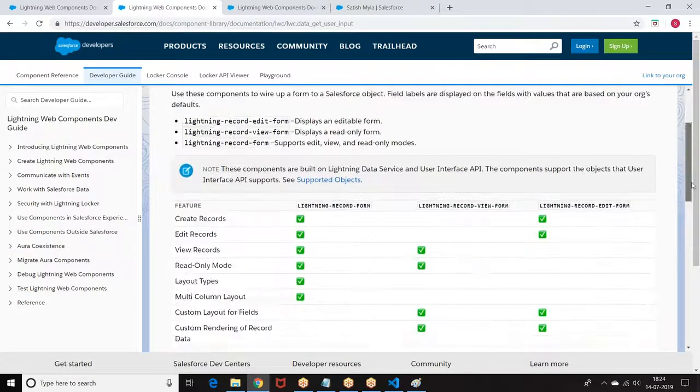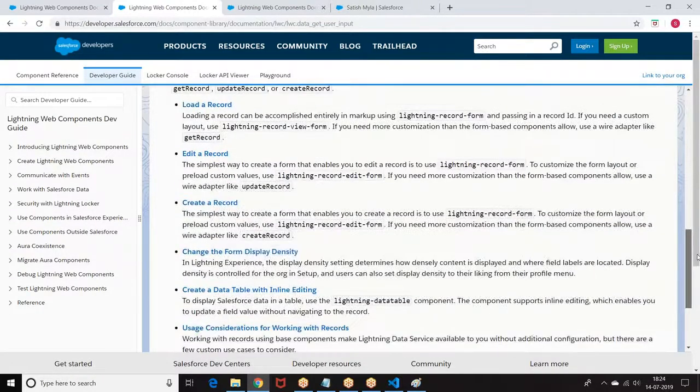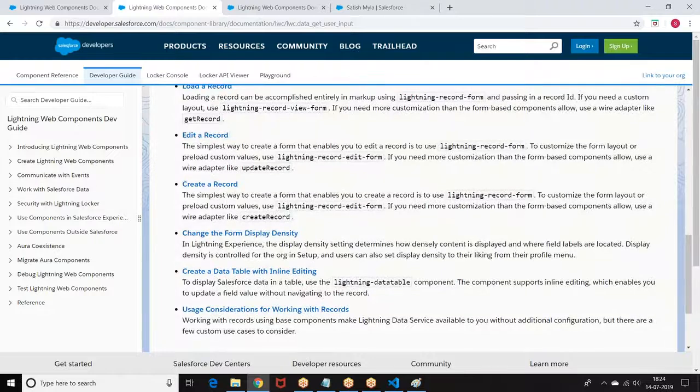For that we need to understand a functionality called create record. At the same time, we also want to understand record view form and record edit form, so we know how to create the record and how to display the record using Lightning Edit Form.